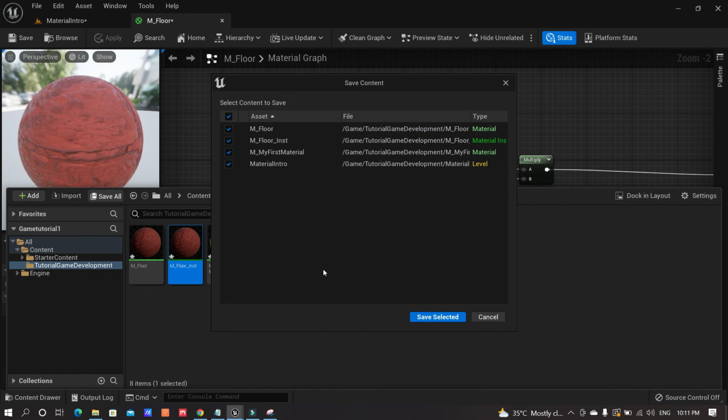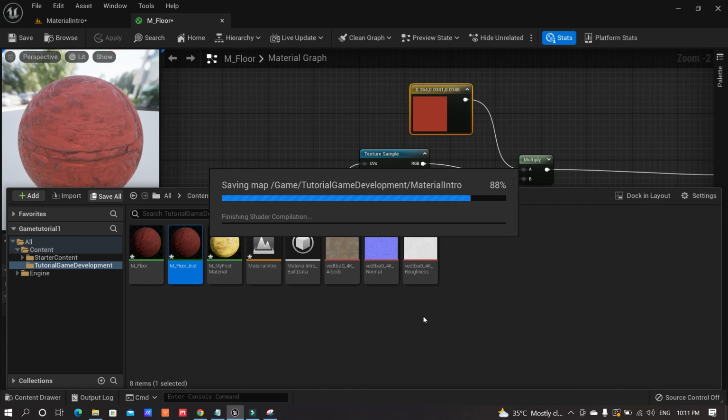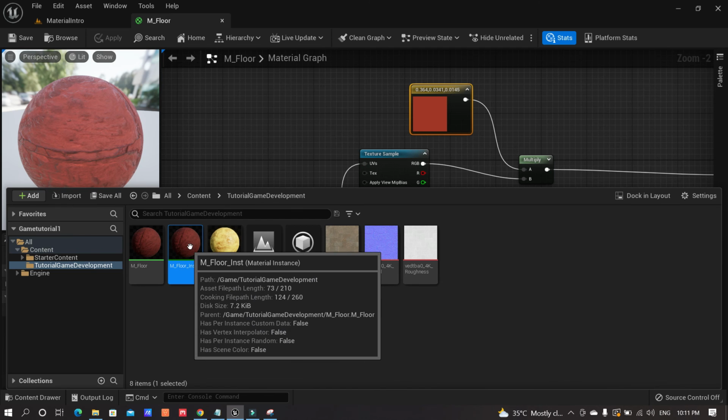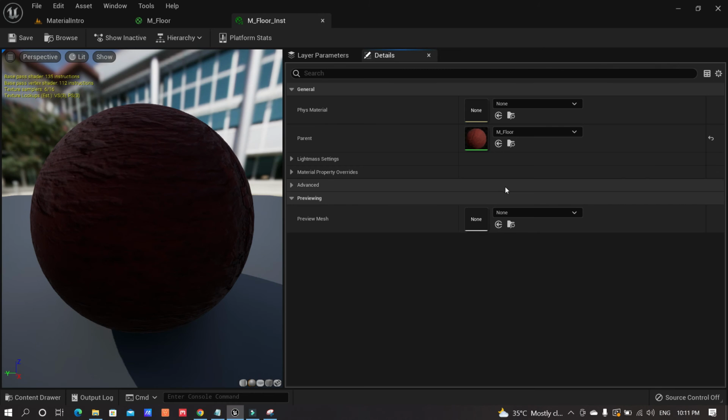Save all, just to make sure. Sometimes Unreal Engine crashes also, and you might lose your work in that case. So in our instance, let's just open it, and you will see that you have a different set of properties here